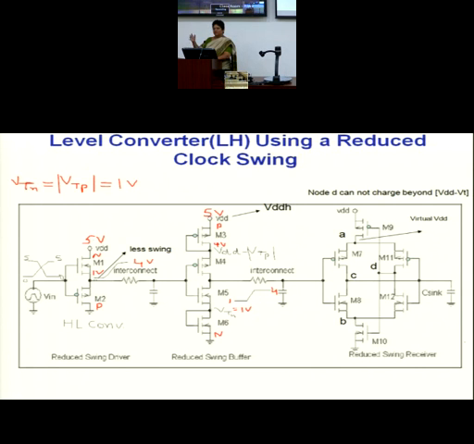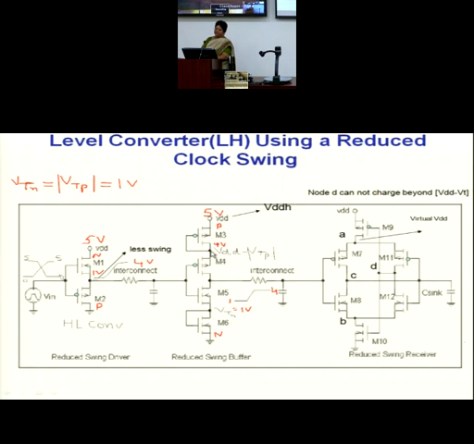the moment you have either 0 or 5, there will be static power consumption because you will not be able to turn off NMOS or PMOS completely. So we want to save on power. How can we do it in a reduced swing approach? Recreate your VDD and ground. Actual VDD and ground is 5 volts and 0, but I have to recreate through my design a VDD of 4 volts and a ground of 1 volt, and this is done by modifying your inverter. Once again, this is your normal inverter. I add a diode connected PMOS up and a diode connected NMOS down.